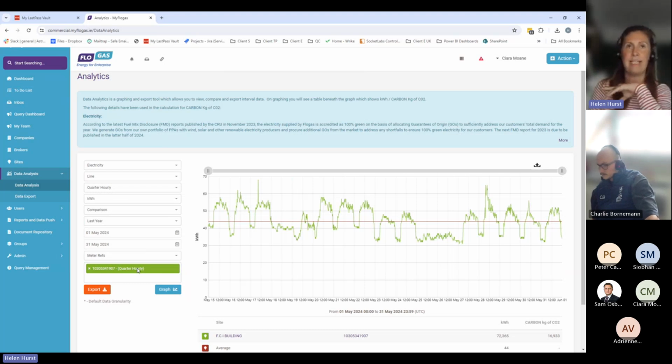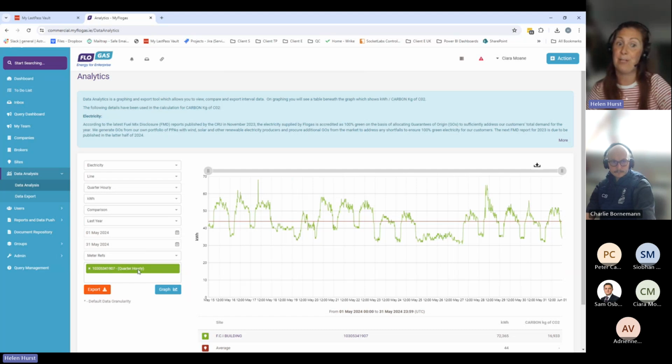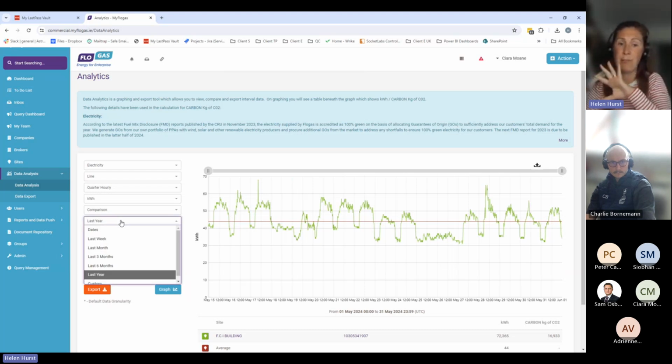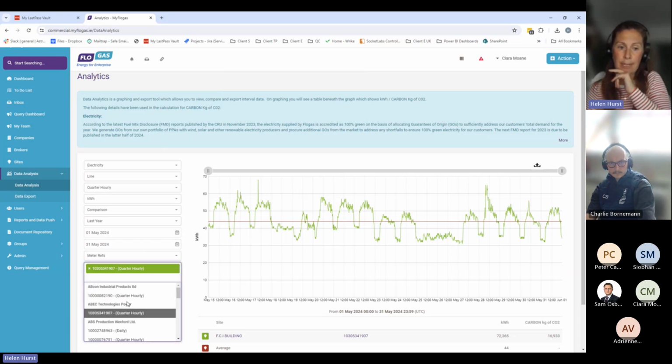Now, obvious thing, you can't graph quarter hourly if it doesn't have that granularity. So if you're doing it for one that is monthly, for example, you're not going to be able to have that level of data. So just be mindful when you're entering the reference there, you can actually map that with what data is available. You can use last year, last month, last week, if you prefer, or depending on the circumstance, you can use the date from and the date to, and then essentially you can just put in your meters. You can choose multiple, and